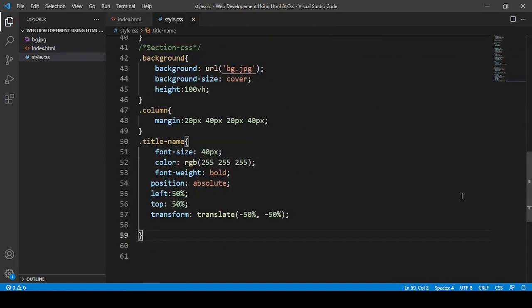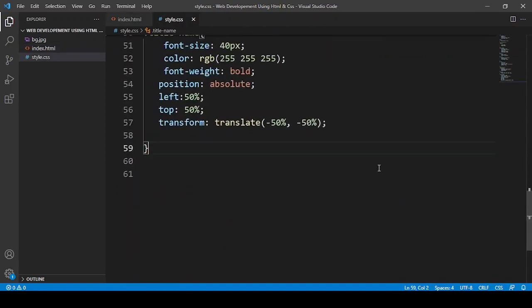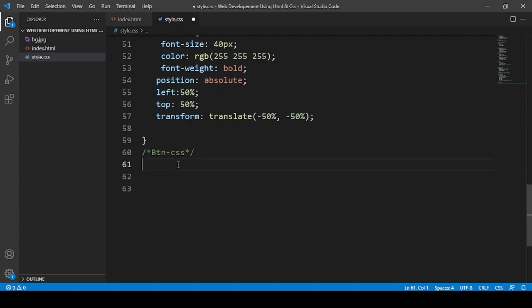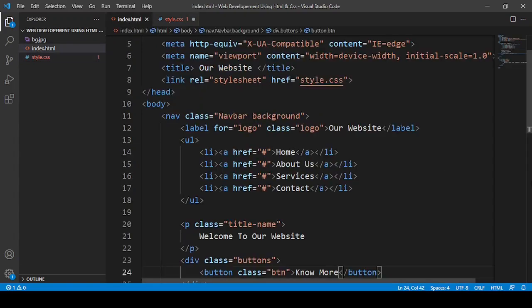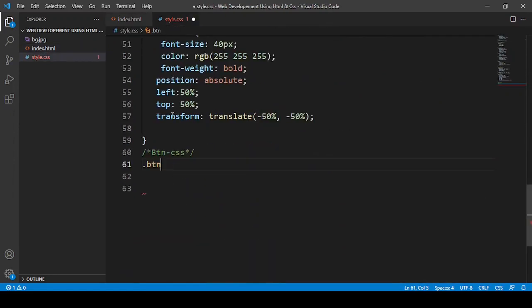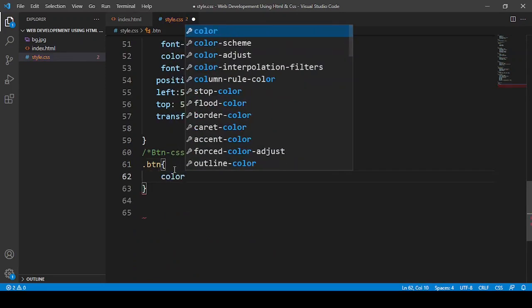And now let me zoom in so that you can see what I'm doing. First of all I'm going to use a comment, and I'm going to say btn css. First of all I'm going to work with btn, and first I'm going to say its color. What do you want the color to be?